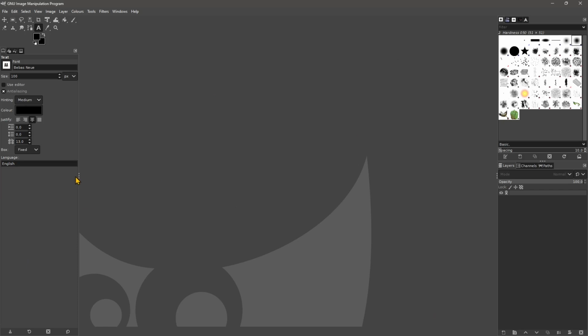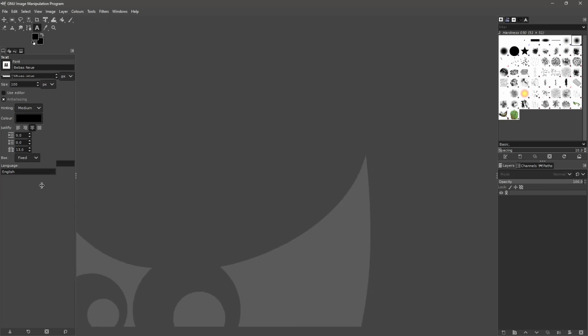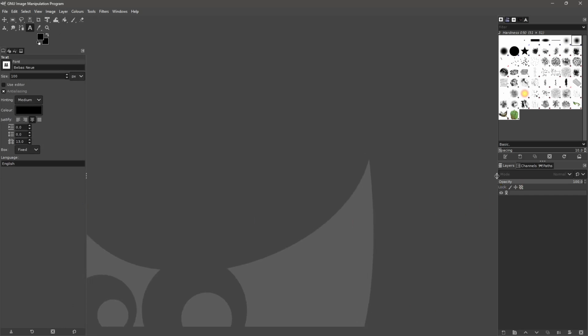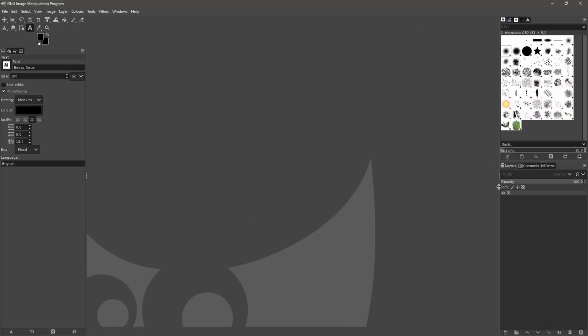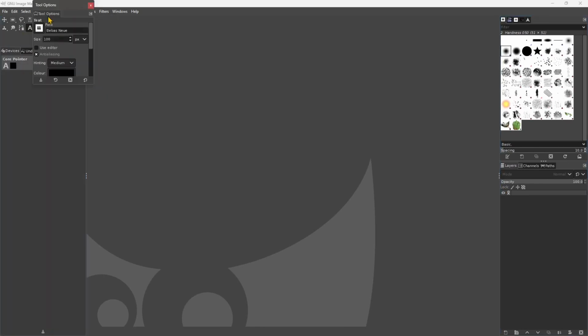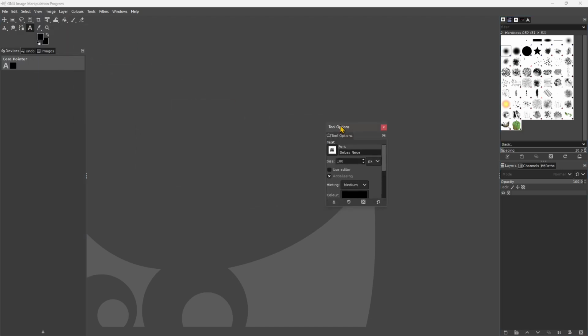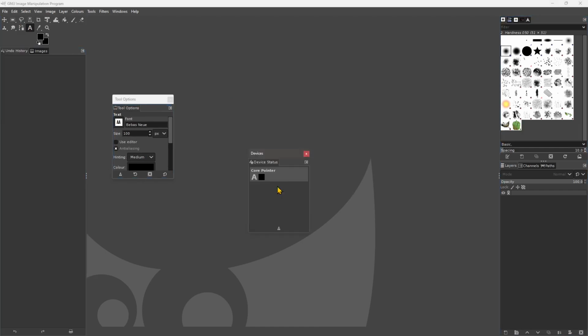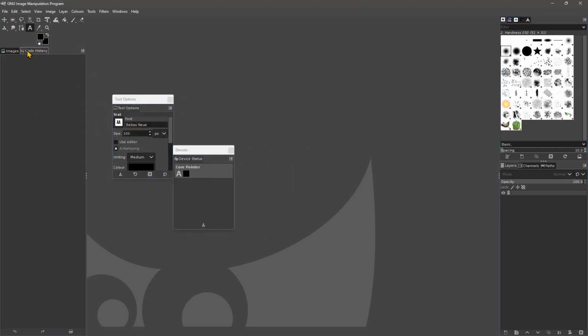So if you click here, you can drag these lines and make the workspace a little bit bigger or a little bit smaller. And also if you want to optimize, you can click on these panels and drag them into another position. So for example, I can bring this also to another screen if I have more than one screen. So I can drag them around and eventually they're going to snap somewhere. They're going to dock